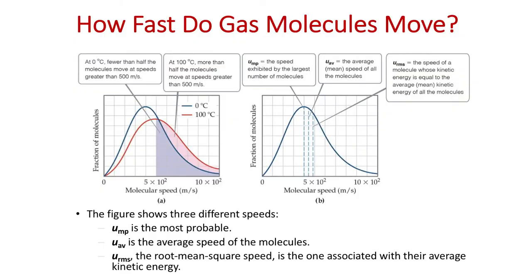Okay, so the 0 versus the 100, the lowering of the curve, you mean? The lowering of the curve is just from the fact that we're not just taking the 0 degree curve and shifting it over, so we still have peaks. Notice that you still have fractions of molecules that are traveling slow, and then we are stretching out the velocities that are traveling fast. So the area under the curves for the blue and the red have to equal each other. If you integrate under the curve, you have to get the same number. You have to have the same number of molecules.